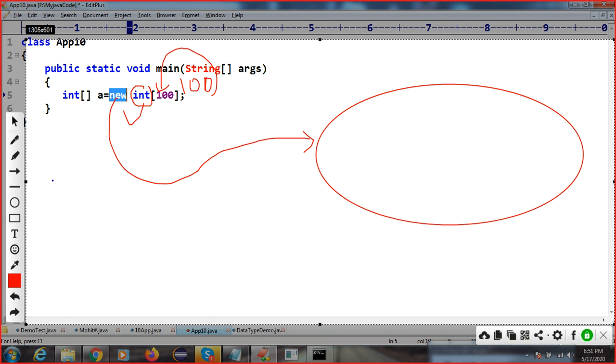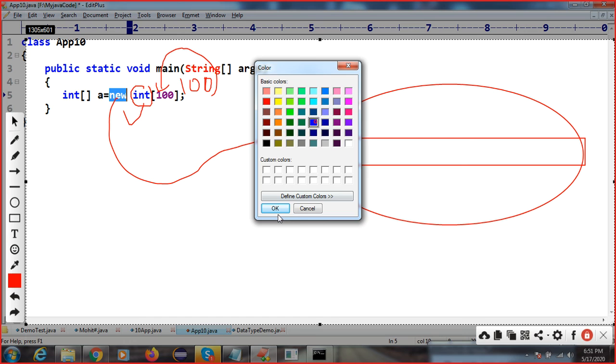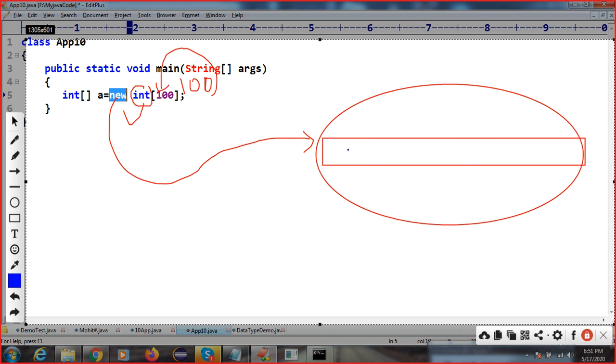Then internally the array works on indexing. The index will start from 0.